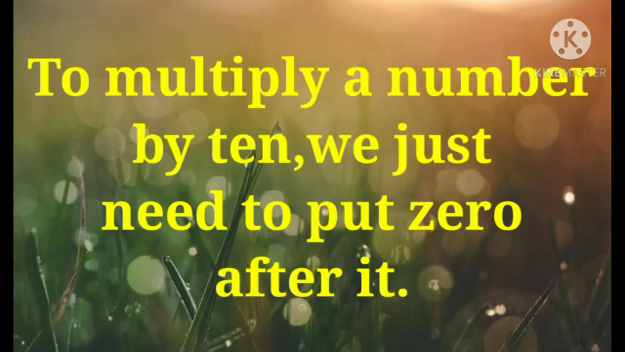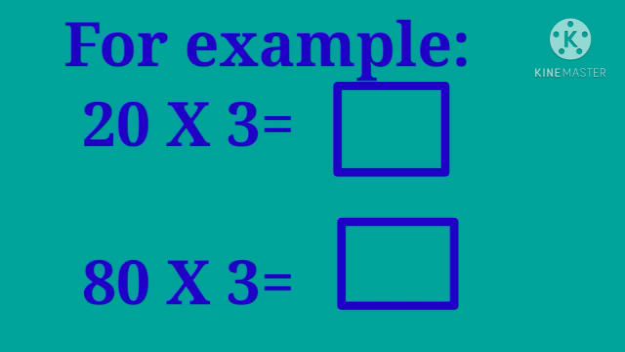To multiply a number by 10, we just need to put 0 after it. For example, 20 multiplied by 3. So, we can multiply 2 and 3 and place a 0 after it. So, the product is 60. Similarly, 80 multiplied by 3. So, we can multiply 8 and 3 and place a 0 after it. So, the product is